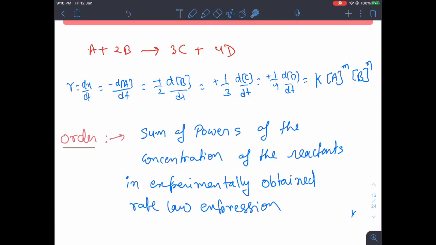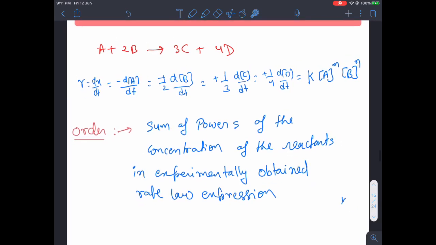In the last video lecture, I also told you that when 1 mole of A is consumed, at the same very moment 4 moles of D will form. That means formation of D is actually 4 times the consumption of A, and that is very well reflected in the rate law expression also. When you equate these two values, you will understand that RA is nothing but equal to 1 by 4 R of D. From here you can get that.